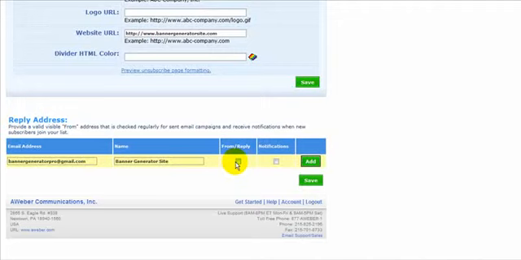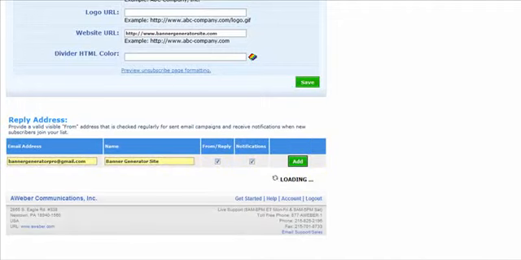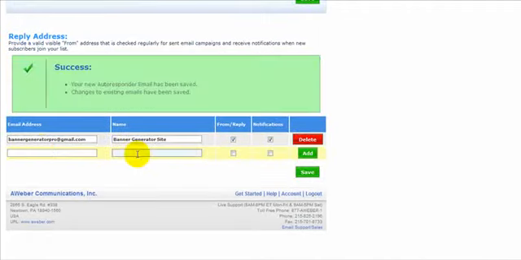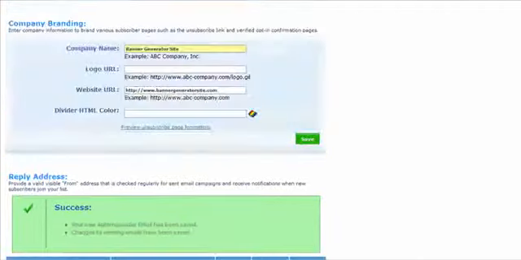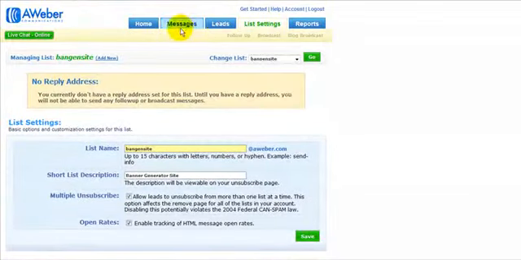Click on both of these boxes, from apply to and notifications, and click save. If you have another email address and name you want to include on there to get notifications somewhere else, you can put that here. Otherwise, you're finished with this step. So to scroll back up,